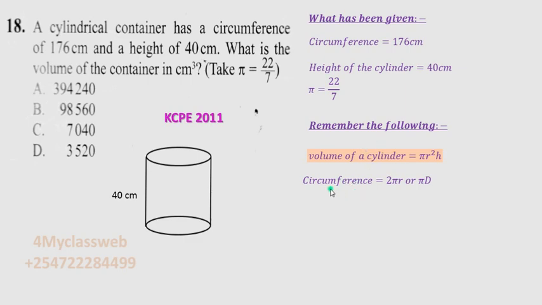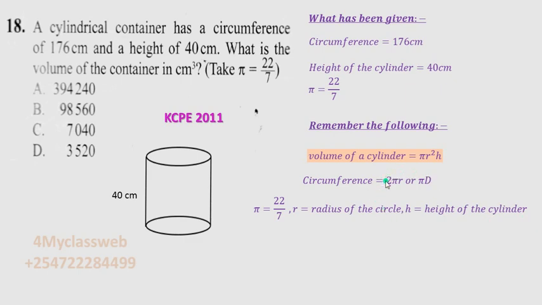So we are also supposed to remember that circumference of a circle is 2 pi r or pi d. The only difference here is that diameter has been expressed in terms of radius, because radius is half the diameter. So if you multiply radius times 2, you'll be able to get the diameter. So the circumference should be 2 pi r, and we need this expression so that it can help us to get the radius, because when working out the volume of a cylinder, we shall require the radius. So pi will be 22/7. R will be the radius of the circle, and h will be the height of the